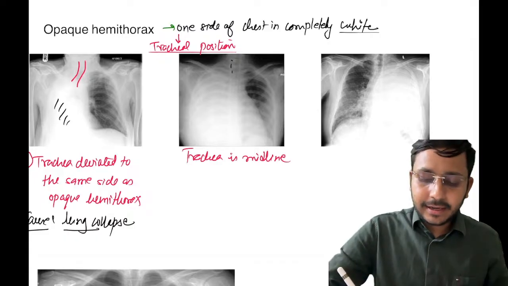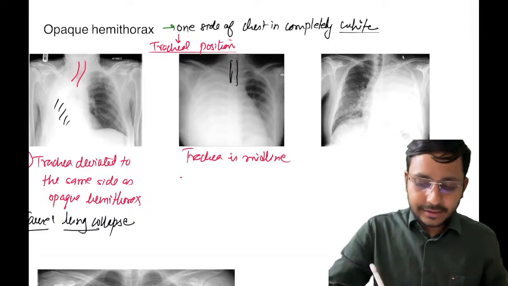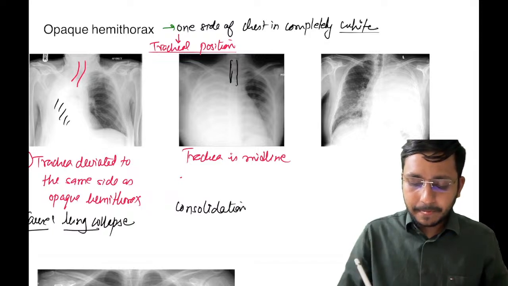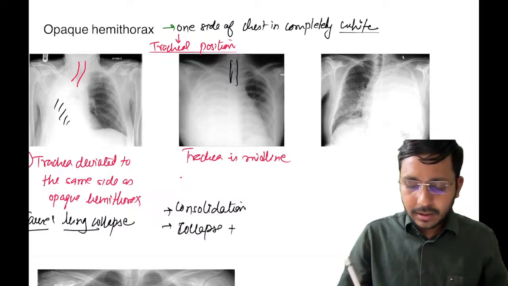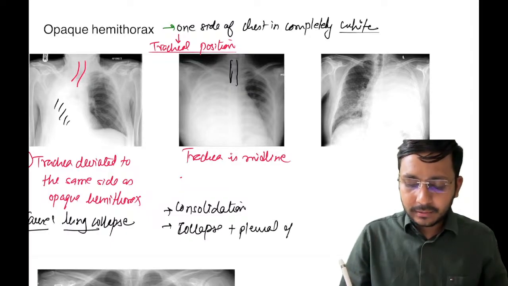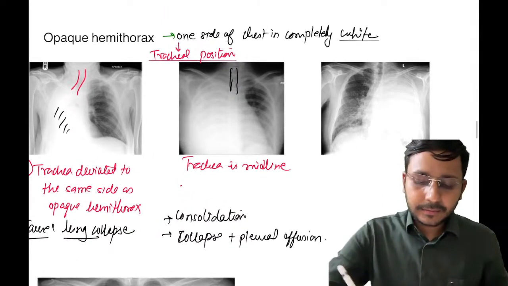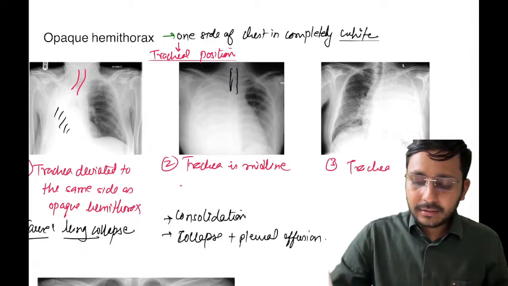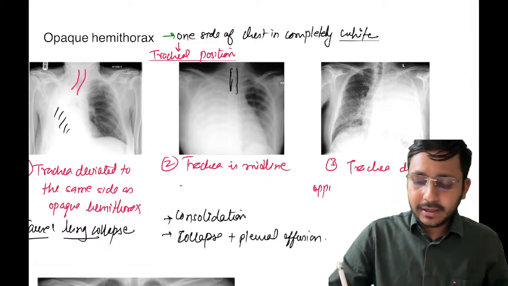that this is the trachea. It is in midline. That means that this is a case of consolidation or collapse plus pleural effusion. A third scenario is trachea deviated opposite to opaque